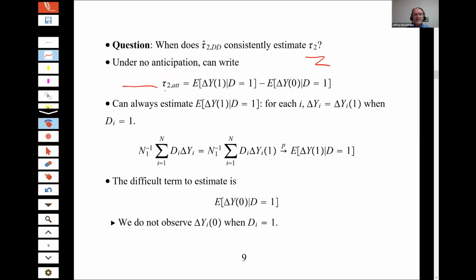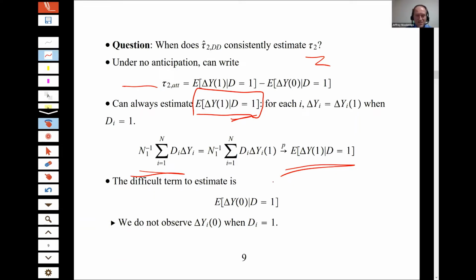So this part is always estimable because it is for the change in the potential outcome in the treated state, and we're conditioning on the treated subpopulation. The thing we observe for this subgroup is exactly what we need to observe. So this term is always easy, because all we have to do is average the change in the outcome for the treated group, and this is going to converge in probability to the mean that we need. Clearly this is